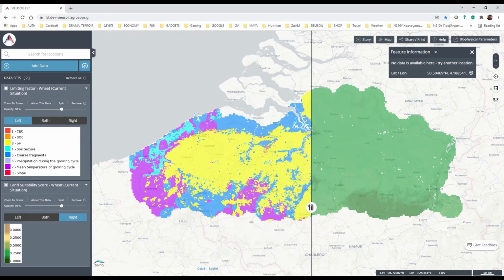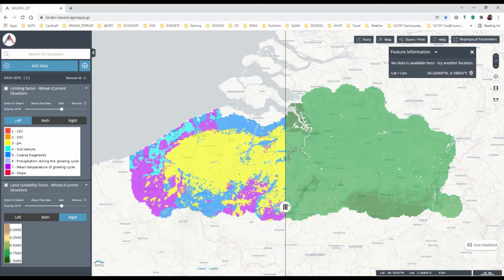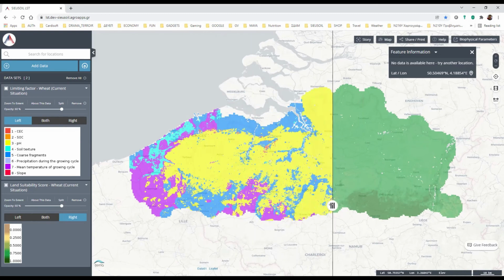This helps a lot, because if you have an area with a low score for land suitability, then you can use the limiting factor map and see which parameter is causing unfavorable conditions.